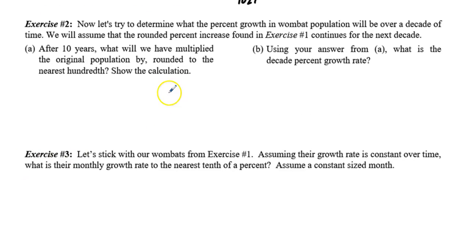Now let's try to determine the percent growth in the wombat population over a decade of time. Okay, so 10 years. What are we talking about? Well, we've got our wombats, there's 1,027 of them, and we're going to be growing them at 1.051